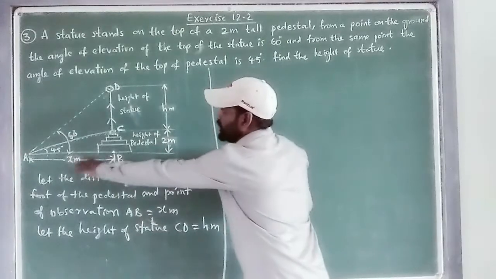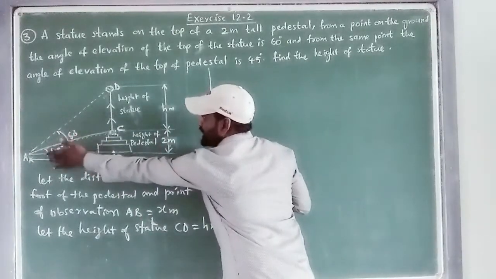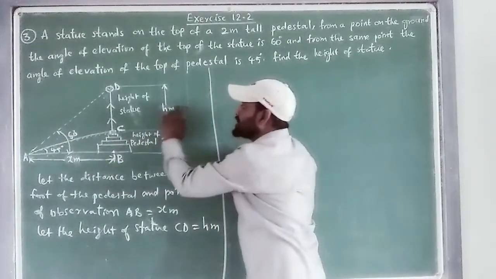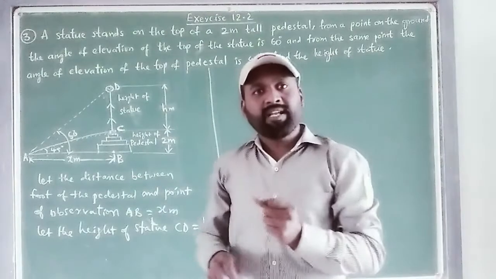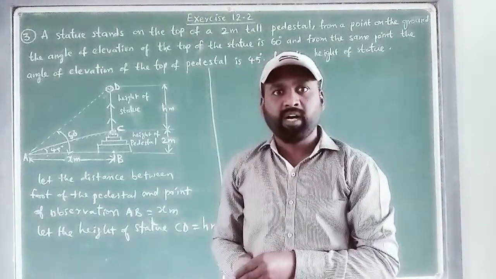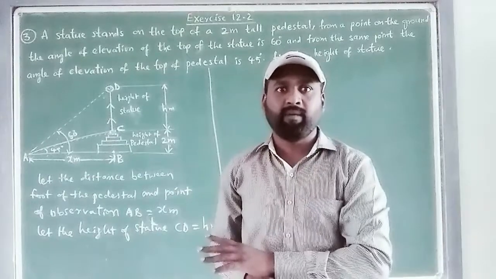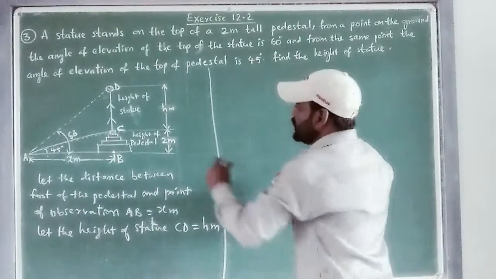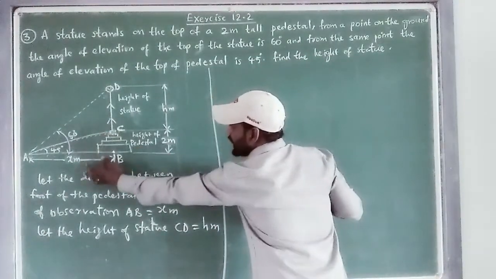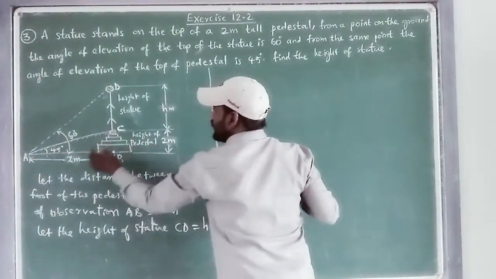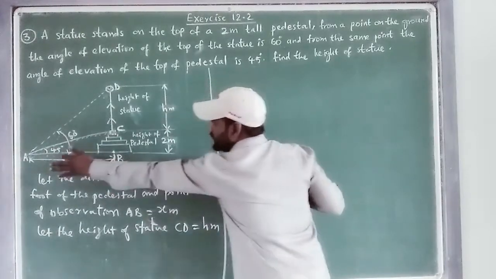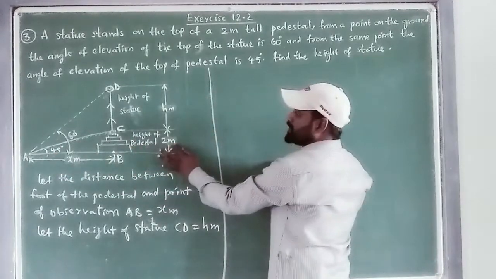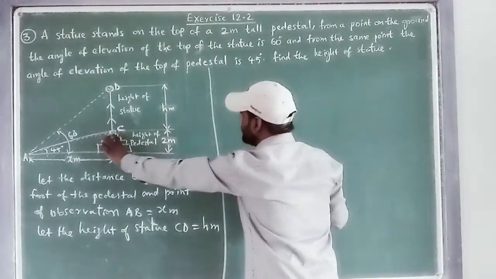Now, with respect to these angles, this is the adjacent side and this is the opposite side. Opposite side to theta by adjacent side to theta is the trigonometric ratio tan theta. We are going to apply the trigonometric ratio tan. To find this, I am using the triangle ABC. In triangle ABC, this is the adjacent side with respect to 45 degrees, and this is the opposite side, which is 2 meters, the height of the pedestal, BC.